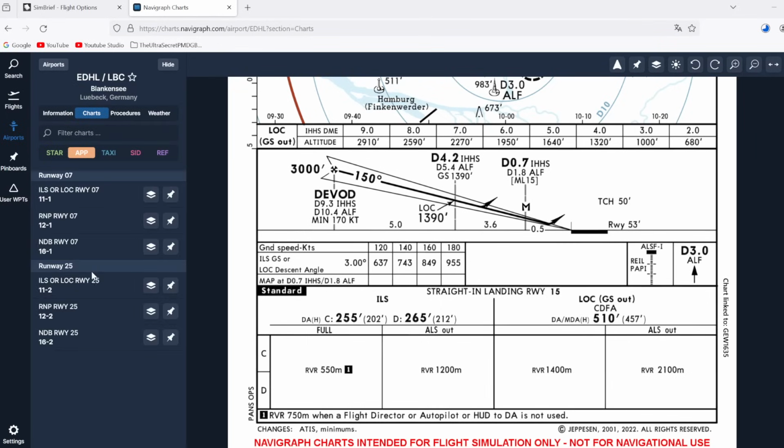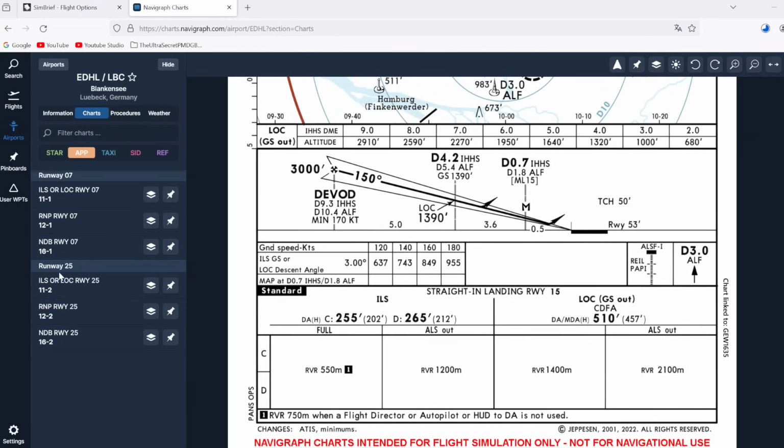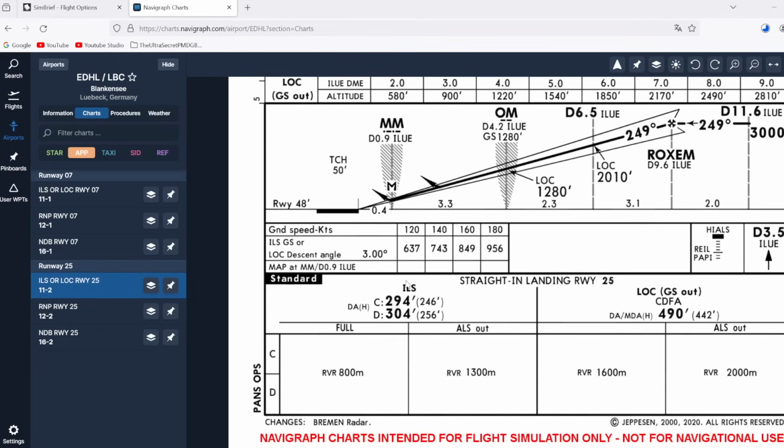Okay, so we've got runway 07 or runway 25. If we have a look at the weather forecast over here, then we can see the wind is generally coming from the west, so runway 25 is going to be our expected landing runway. If we now have a look into runway 25 down here, we can see that Lubec has an ILS at